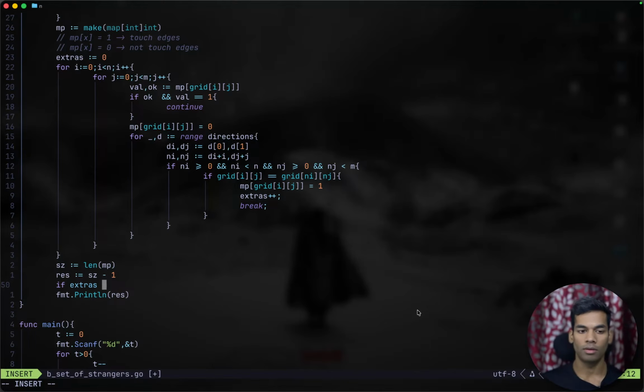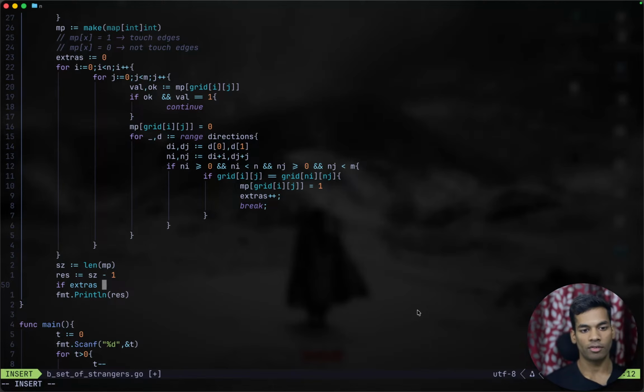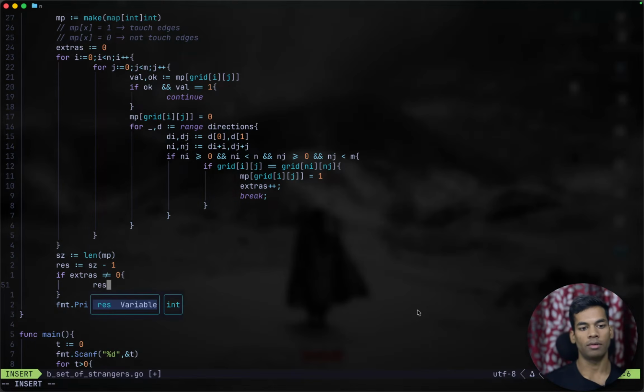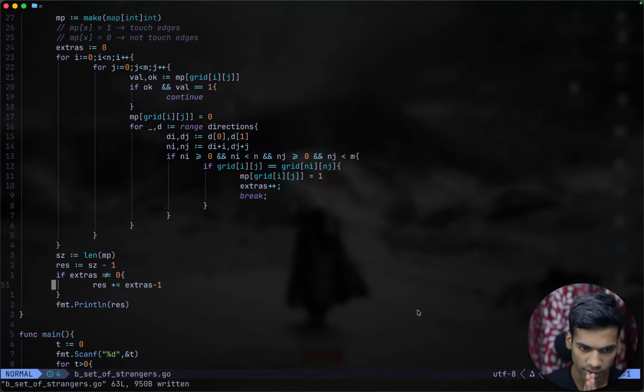Answer would always be extras minus... if extras not equal to 0, then this plus equals extras minus 1. Yes, I think that is correct. If extras is not equal to 0, the answer is extras minus 1. We are saving one operation,